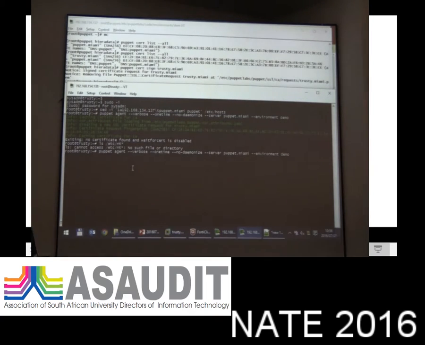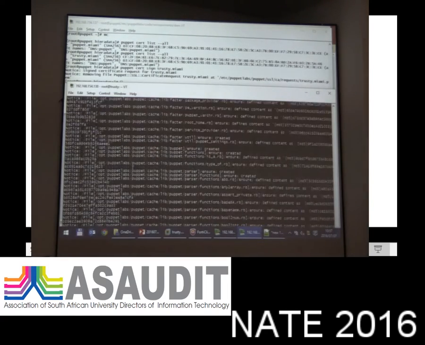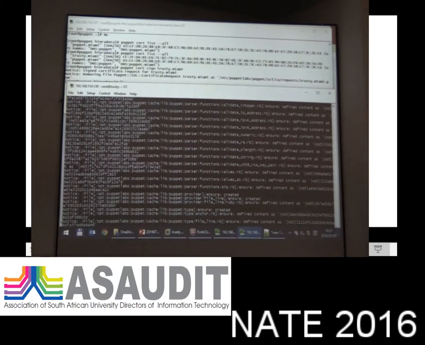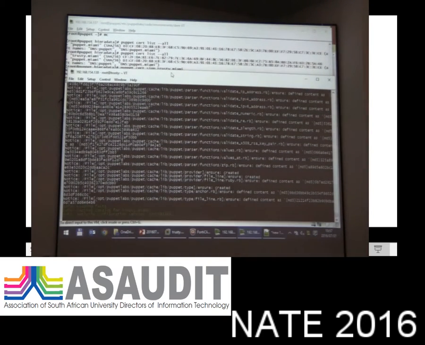So my certificate has been signed. Let's run this again. So now it should fetch its certificate. It should fetch a lot of things from the server because it's the first time that it's running. It has loaded its facts. It has cached the catalog for itself from the server, and it's applying the configuration. Now that means that it's going online to go fetch the NTP package from some Ubuntu server somewhere because I haven't set